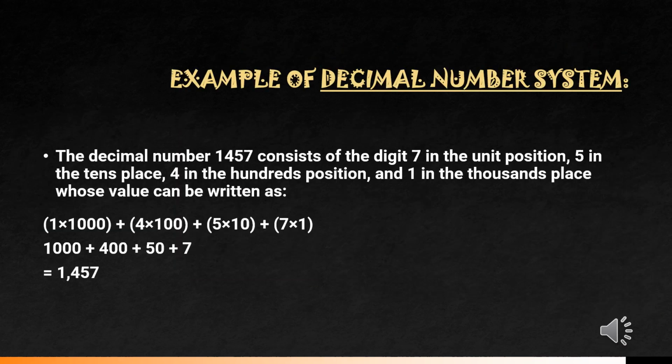Example of decimal number system. The decimal number 1457 consists of the digit 7 in the unit position, 5 in the tens place, 4 in the hundreds position, and 1 in the thousands place, whose value can be written as 1 times 1000, plus 4 times 100, plus 5 times 10, plus 7 times 1. 1000 plus 400 plus 50 plus 7 equals